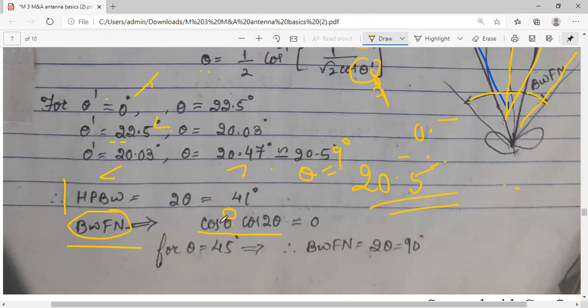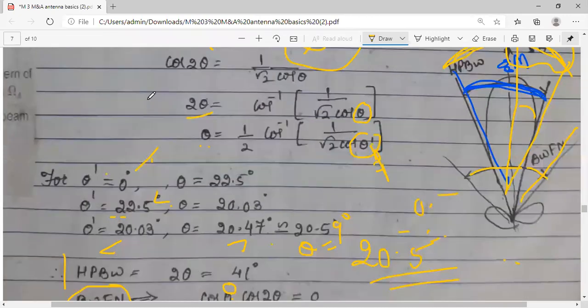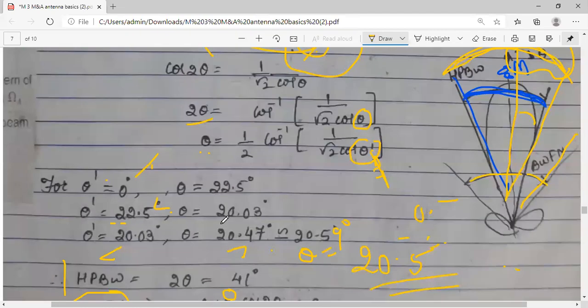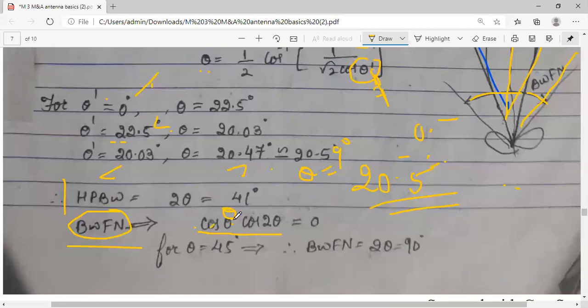Can you tell me? Theta अगर मैं 0 लूंगी, क्योंकि already आपने यहाँ पे देखा है, condition is given, theta is between 0 to 90 degrees. So if I take theta as a 0 here, cos 0 into cos 0. So cos 0 you will get 1, which is not equal to 0. You cannot take theta as 0. Okay, you cannot take. Just keep on incrementing.